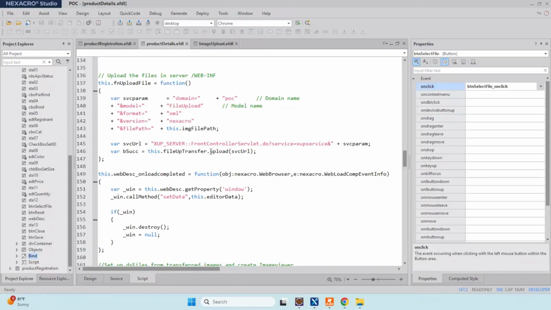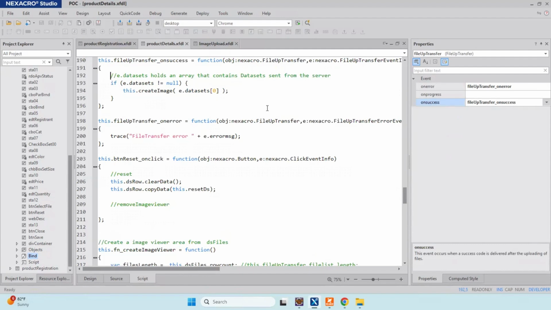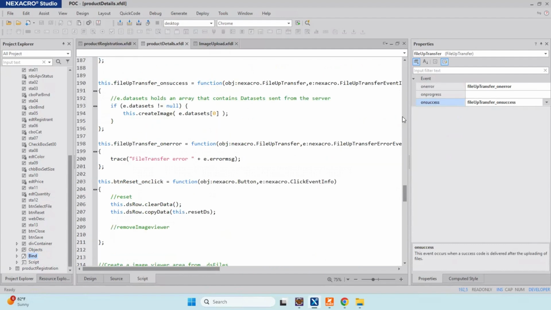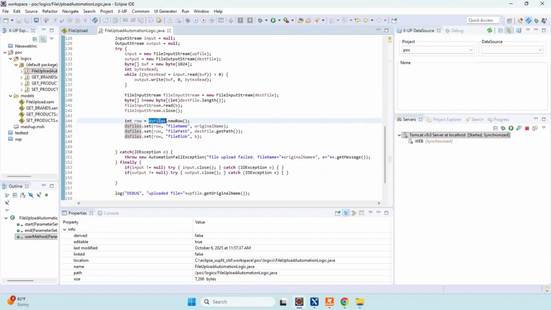If the file up transfer upload is successful, we will get the callback on success. In that case, we will receive the data set from the file up transfer event info, all the data sets that are being sent from the server. In our case, we were sent only one data set, DS files.